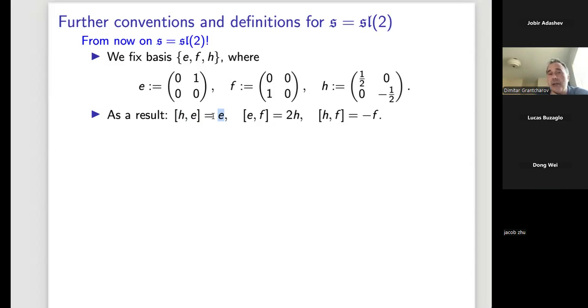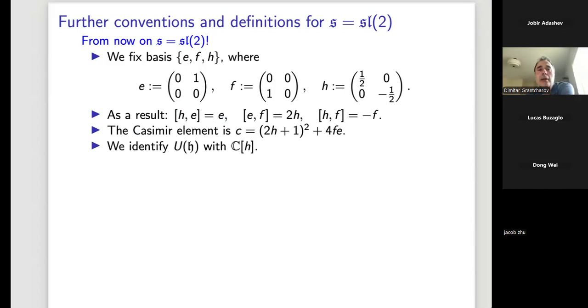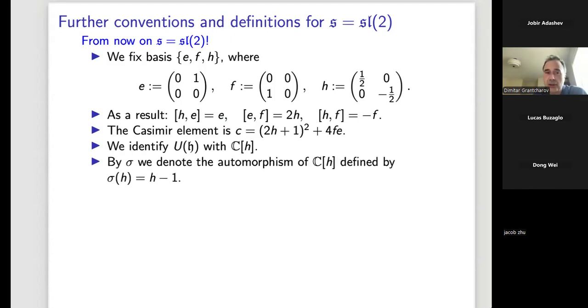This was the setting that Nielsen used in his paper on the study of rank one modules. So in a way, it is also nice to follow his notation, since we will refer to his classification later. Then the center of the universal enveloping algebra of SL2 is generated by one element. We pick this particular element in our talk here, small c. Again, we identify all the time U(h) with C[h].